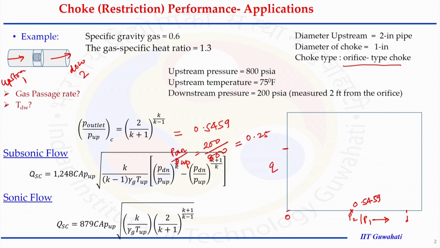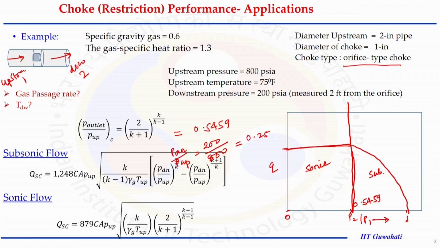The value depends on the gas composition. At this point, from our understanding of the isentropic process, if we draw the relationship between the pressure ratio and Q, the curve looks like this. When the pressure ratio is lesser than the critical pressure ratio, we have a constant flow rate. That is a sonic condition, or the critical condition, as we say.